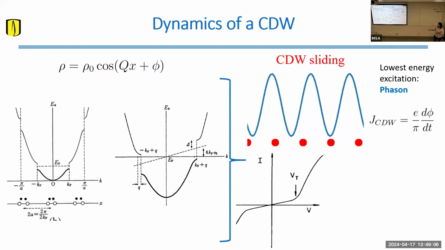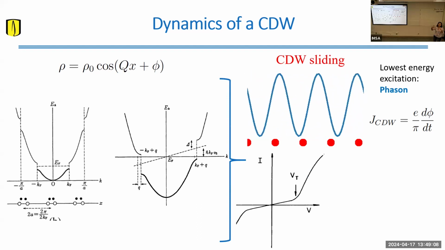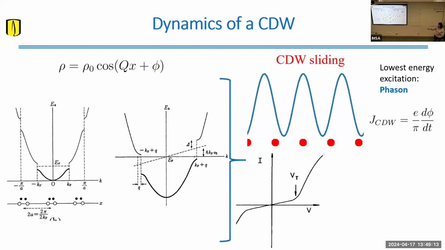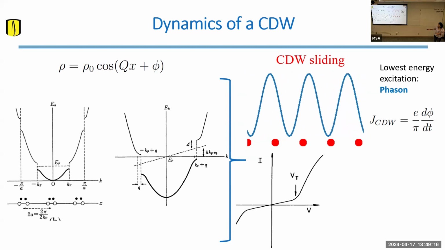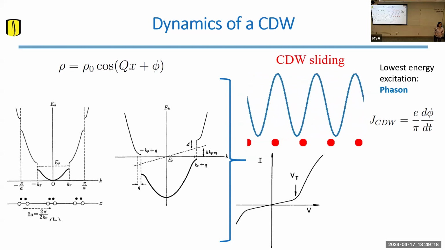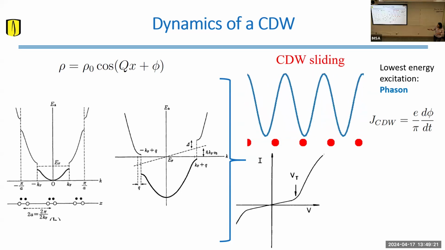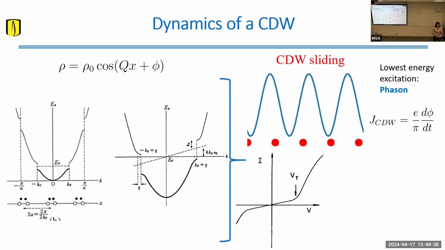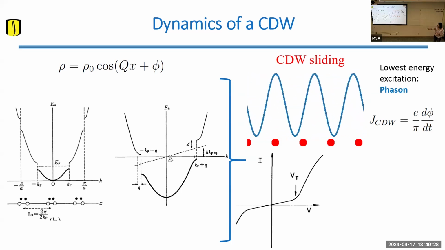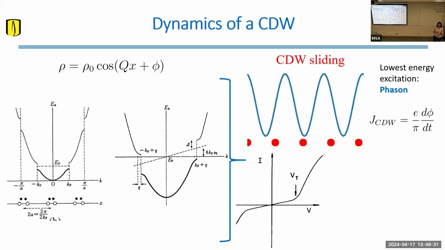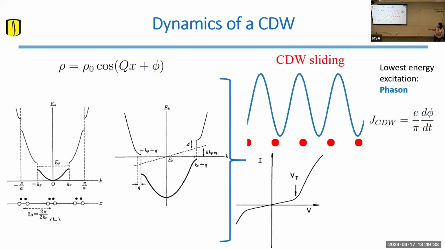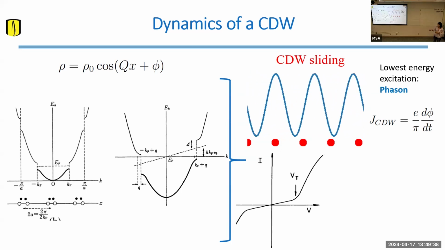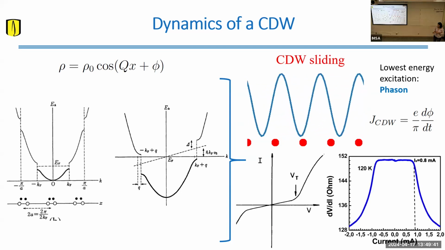And therefore, as you are increasing the current in your system, you can have metallic states, like for example here, you create an IV curve. You will have some metallic state that will give you some resistance or conductance of the material. But once you hit the threshold voltage for which you can actually depin the charge density wave and transport it, you will increase the conductance of your system or decrease the resistivity. And you enter this highly non-linear regime of transport for this charge density wave. So this is a characteristic IV curve for this kind of system.